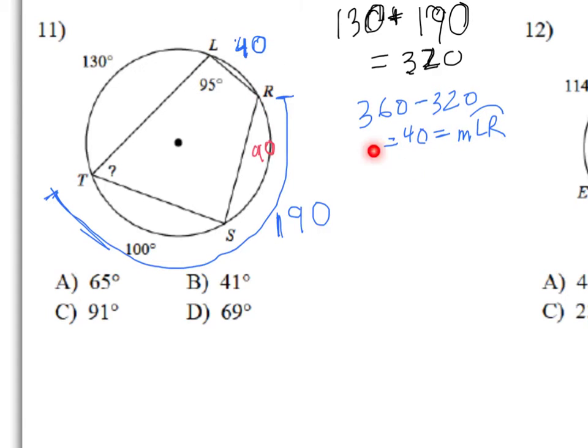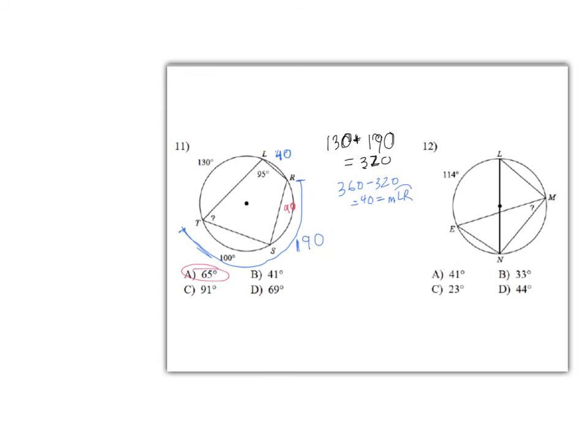This 40 actually means something. It means this arc right here. Okay, so now I want this angle, which is inscribed in the arc LRS. LRS I can see is 130 degrees. 90 plus 40 is 130. Half of 130, I believe, is 65. And last but not least,